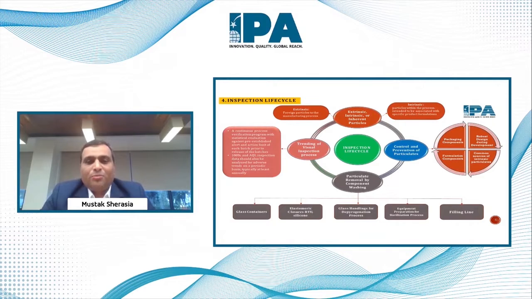An important source of glass particles is the depyrogenation process, where there is a probability of breakage of vials, and that carries particles to a depyrogenated vial, and then subsequently it goes to filling. It is very difficult to identify because it's an integrated process. So consideration has to be established during qualification of the depyrogenation tunnel and synchronization of the filling line, to ensure that we avoid even minimal breakages during the depyrogenation and filling processes.